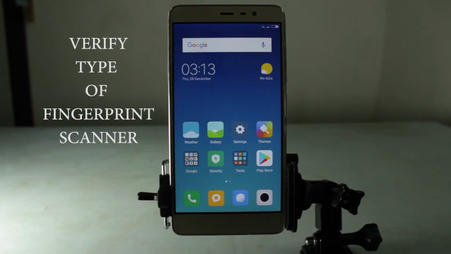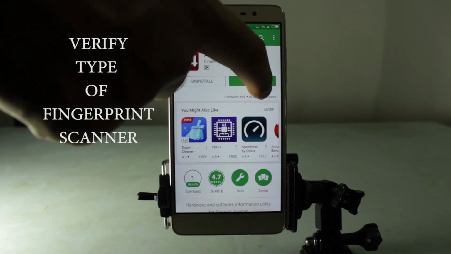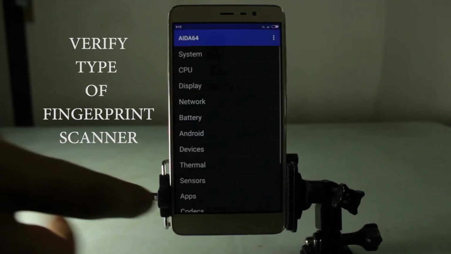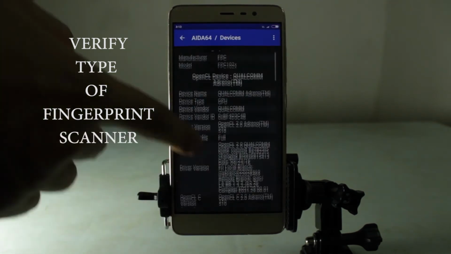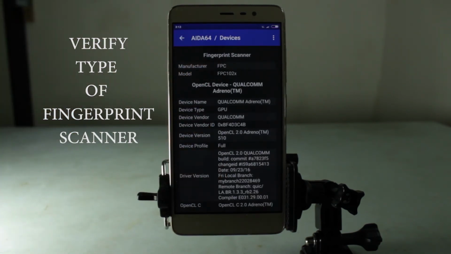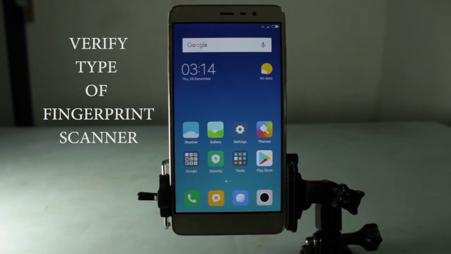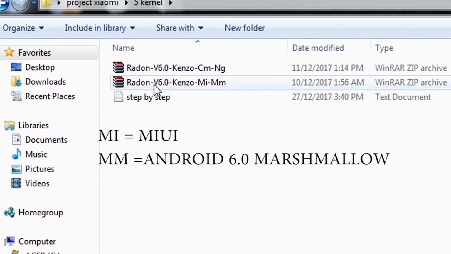The next step is we're gonna download an application called AIDA64. I'm gonna open the app. I'm gonna go into devices. Here we can see the fingerprint scanner. It is FPC102X. The next step is we're gonna go into this kernel file, and we're gonna copy this Kenzo MIMM into